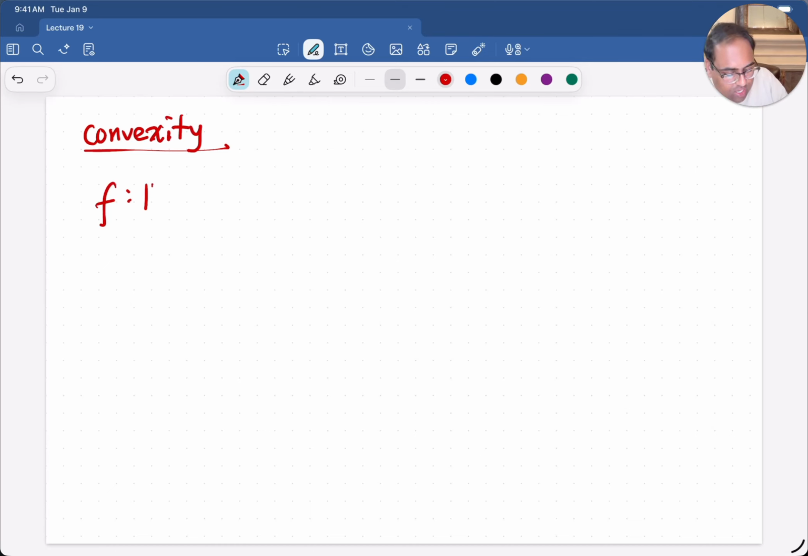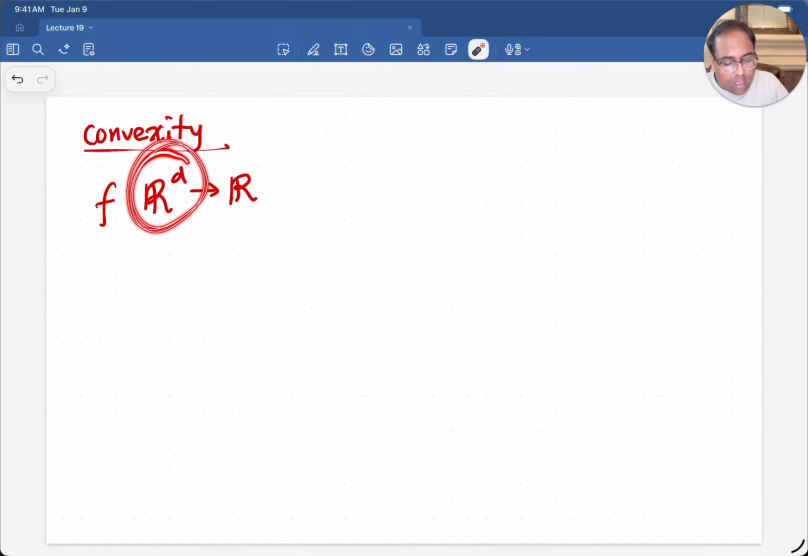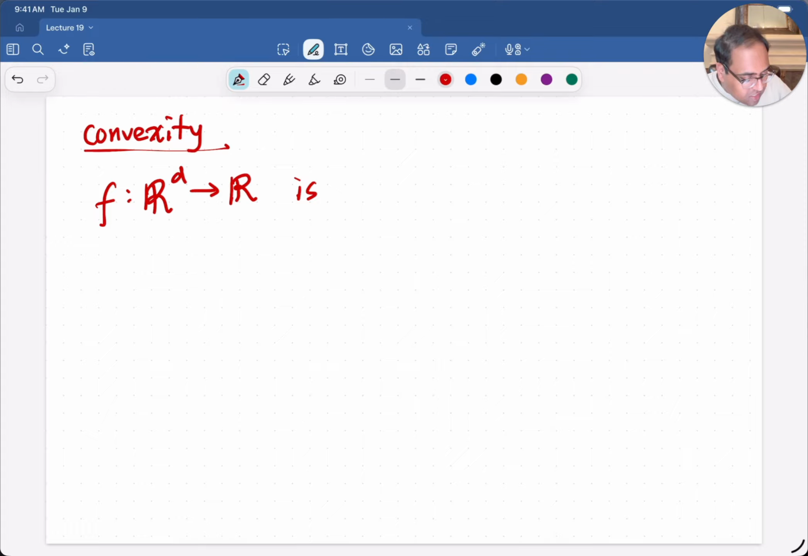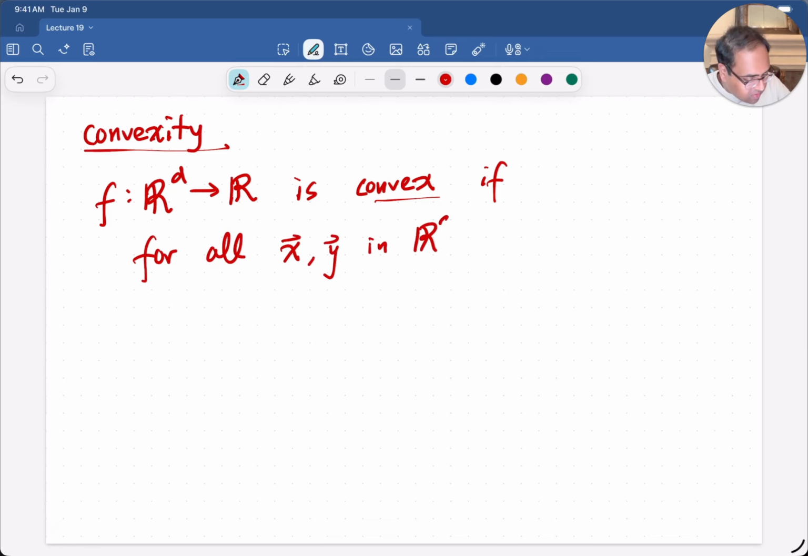In general, this definition extends to vector to scalar functions as well, so I'm going to give you that super general definition. F is a vector to scalar function: it takes in d input variables and spits out just one output variable. F is convex if and only if, but I'll start just by saying, for all x and y in R^d